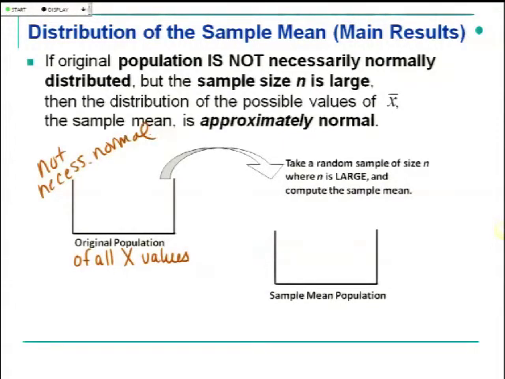Maybe it's quite skewed to the right for income data. But there is some mean, and there is, of course, some standard deviation still for your responses. But the model, the picture of that density, would not be normal. I still want to learn about this mean, though. And I take my random sample. And if I take my sample large enough and compute the mean, and think about all those values for x bar,